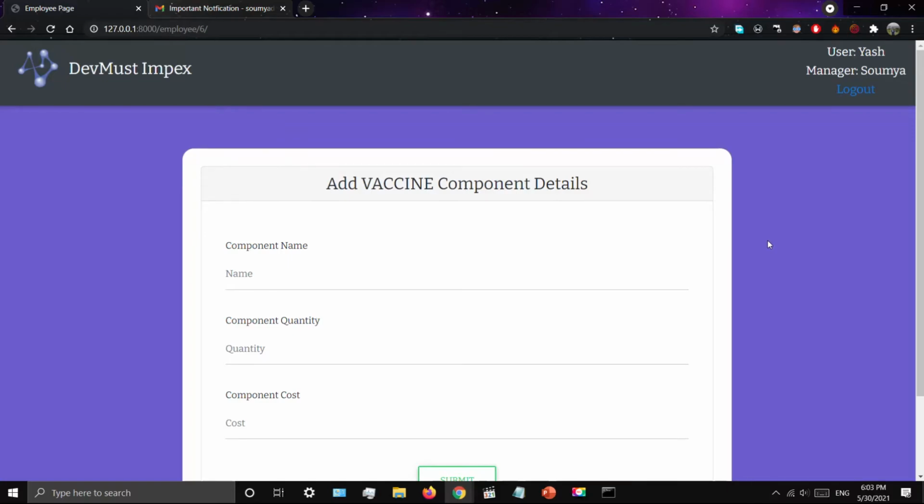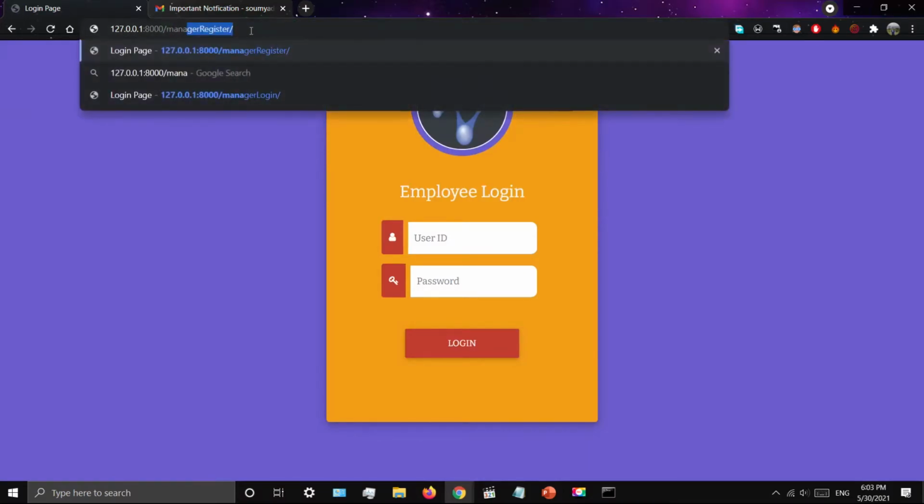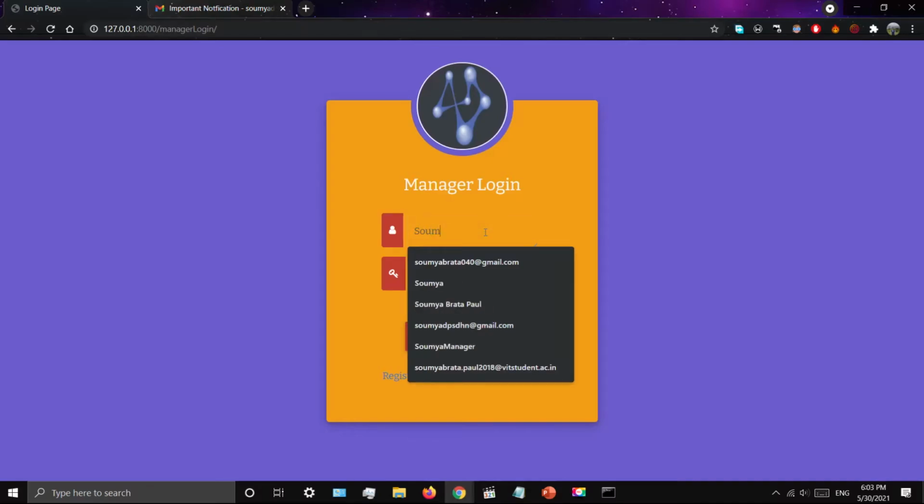When we come back to the employee login page, we see that in the top right, the user and the manager are displayed for convenience of the employee. Now we log out and again go into the manager login. The manager logs in again.